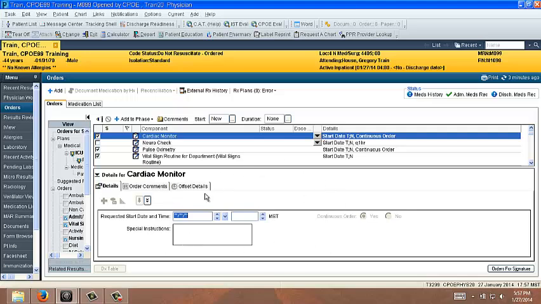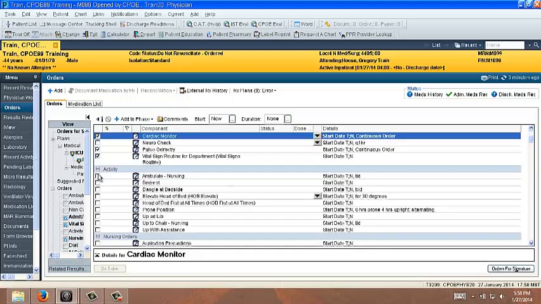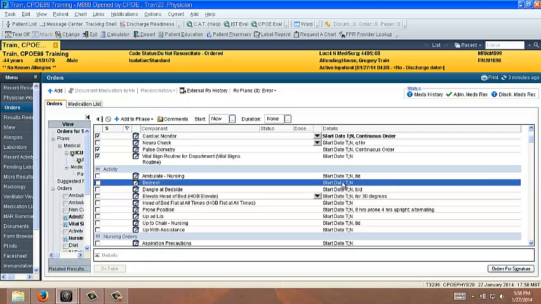And again, this box is hiding all of my orders in back of it. So to view all my orders and continue going through the power plan, I collapse this box. If I want to pull up my details for bed rest, and I click and click, and I right-click and right-click, and nothing happens, it's because I first need to select that order,